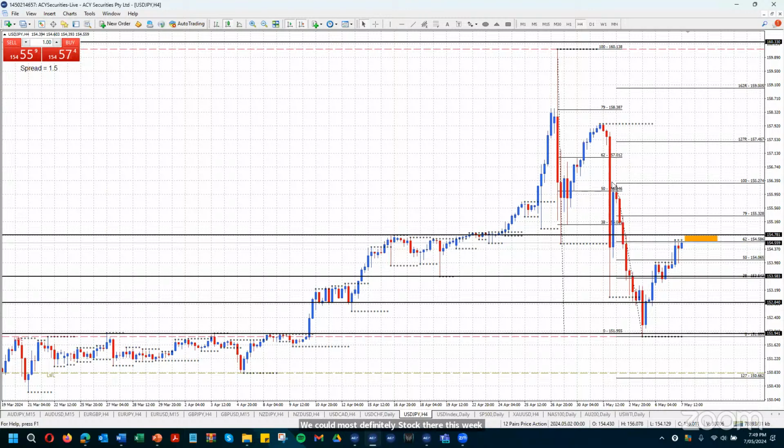But there's an imbalance in here. I'd much prefer to see a higher move up, because the higher it moves up, the higher chance that an intervention is coming at some point, because we're getting back up into the high points. So less likely to see an intervention here. If we take this last intervention high out, then there's more chance that if we come up to here, we're going to get some form of intervention. So looking at this area, 158.38 and that high point, that will be a good area to watch at some point over the next week